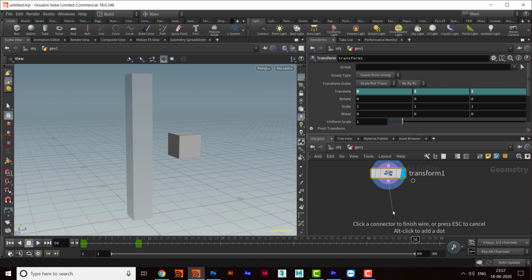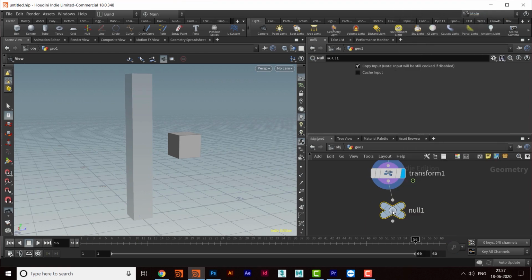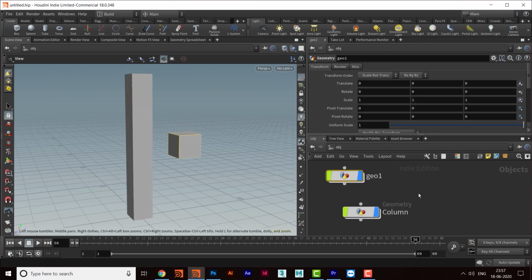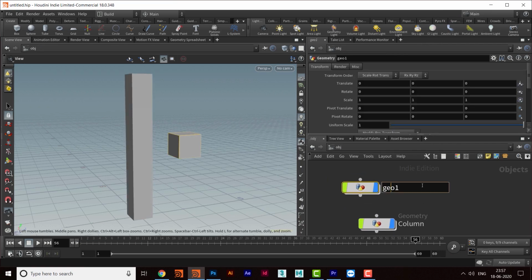I'll add one null and rename it to be OUT_box. Okay, cool. So go back and rename it to be box.